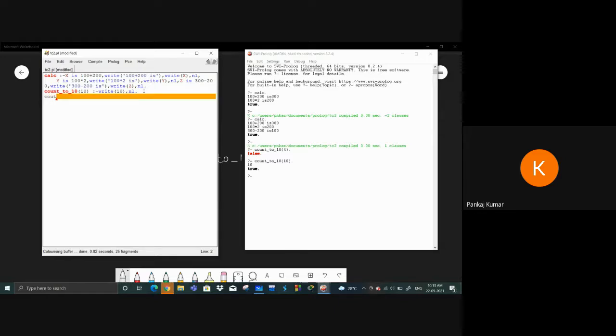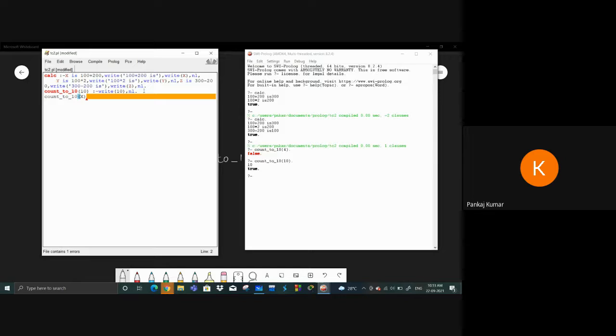So count, n, and here I can put the variable x.